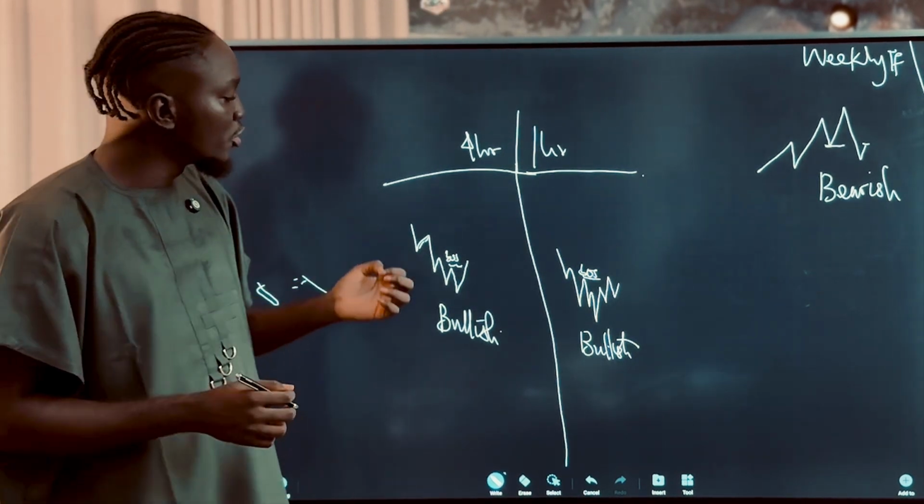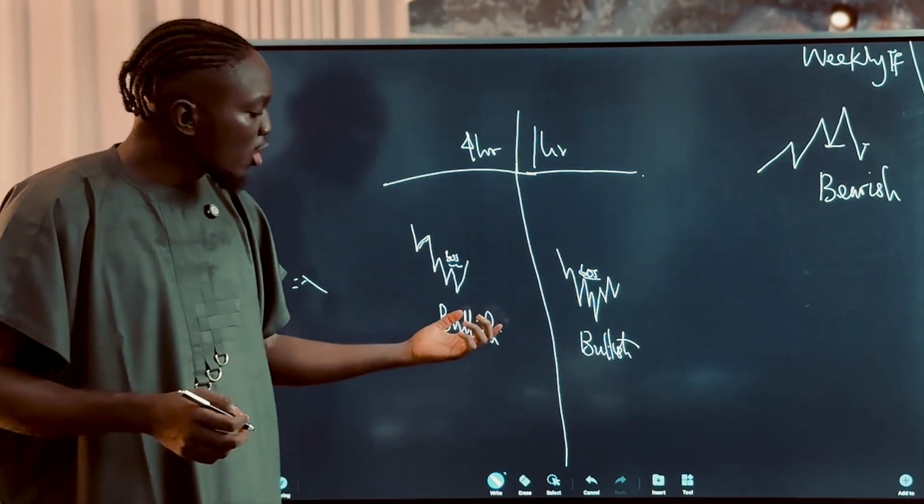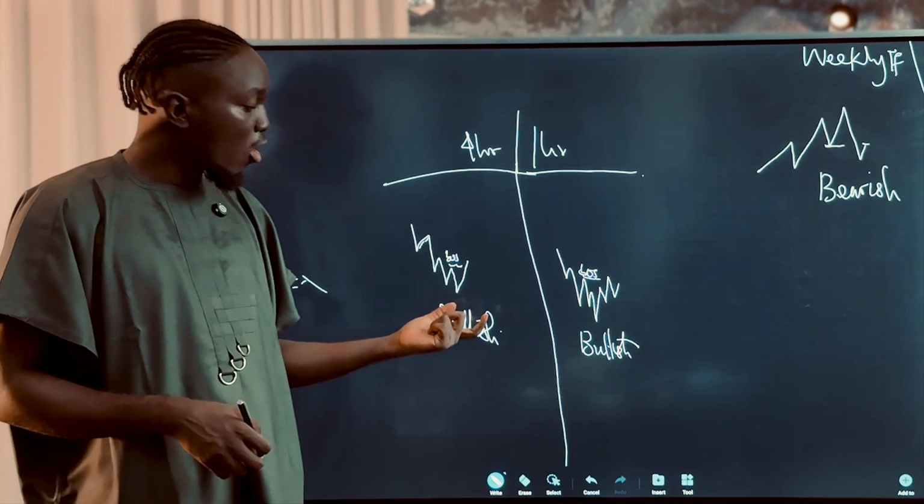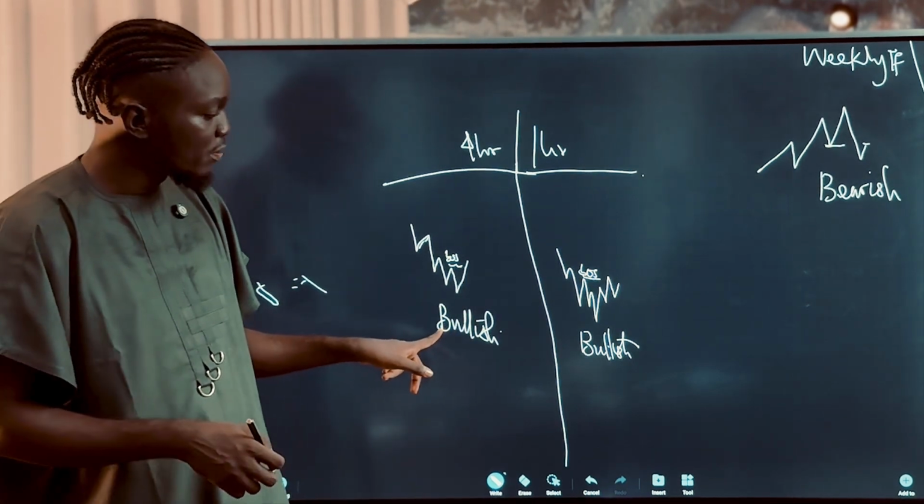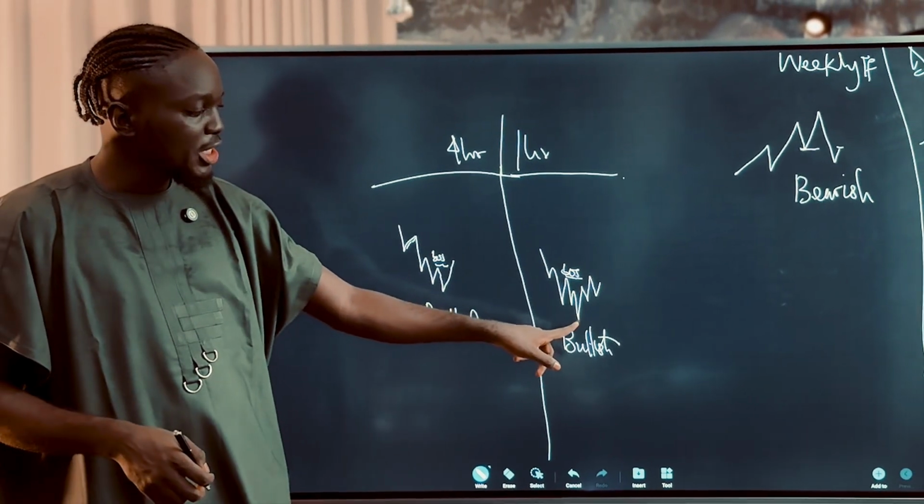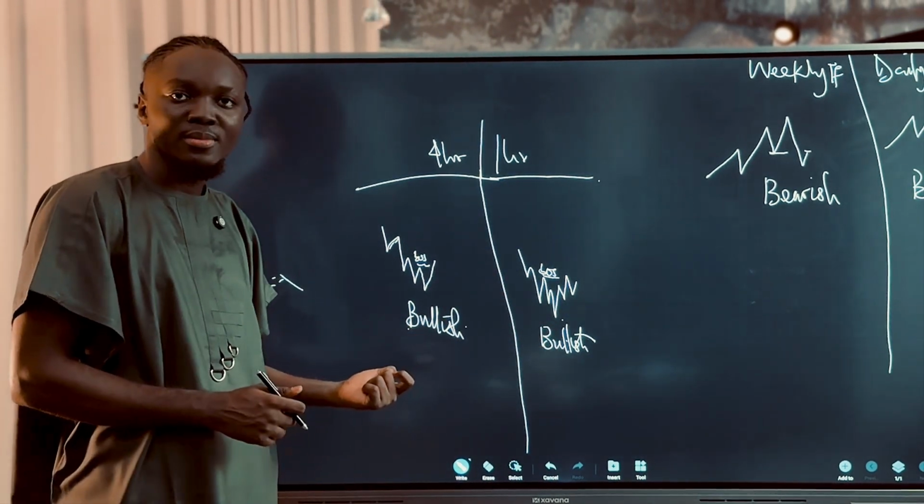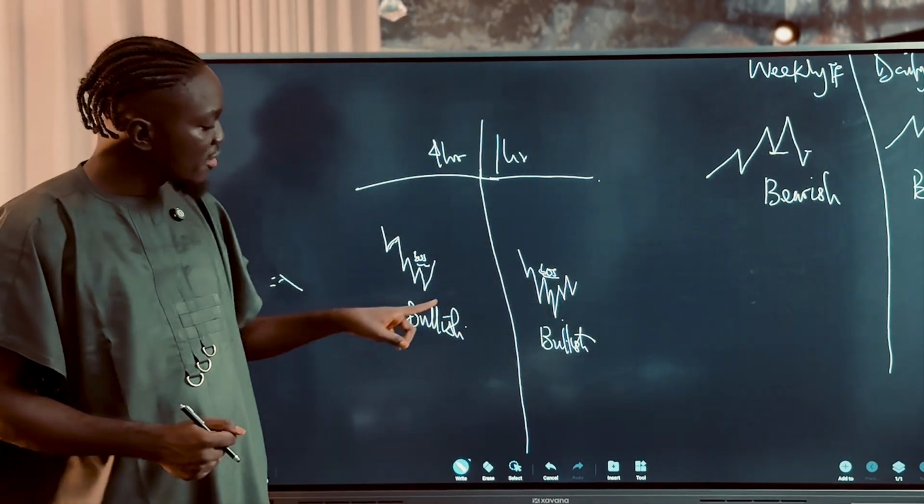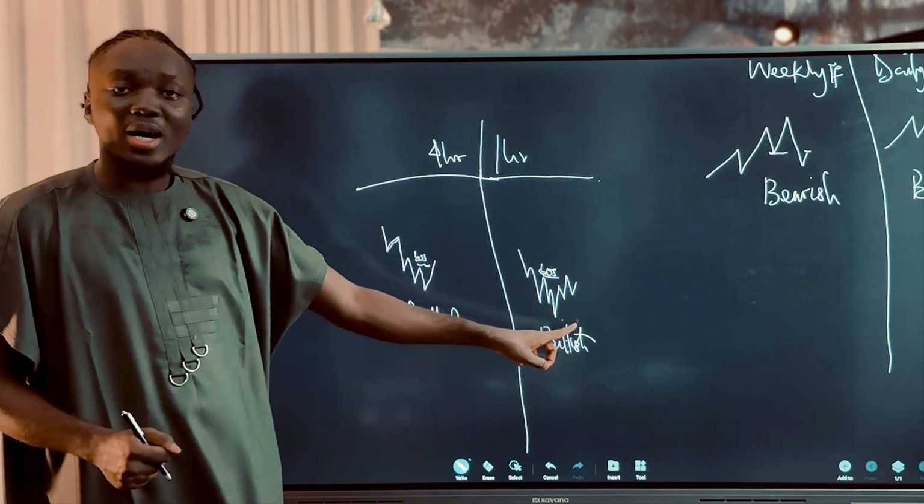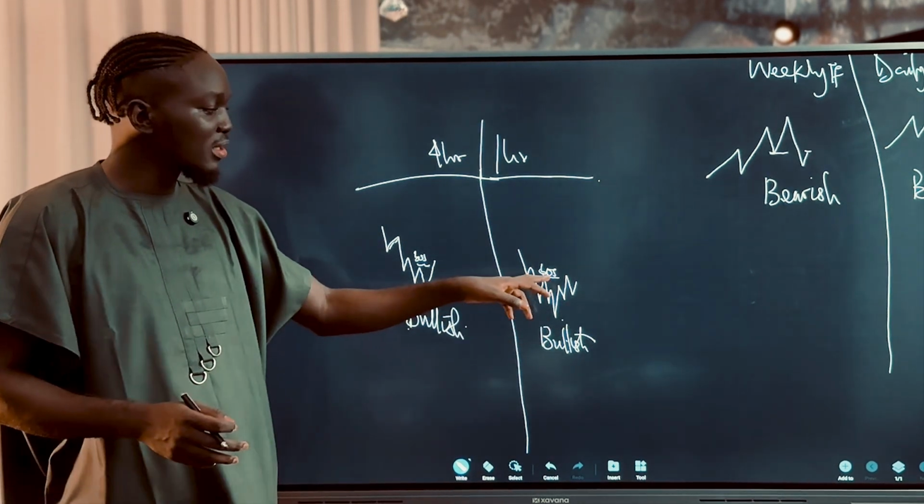So what you want to do now is that once you see that 1 hour is bullish or 4 hour is bullish, or even if 4 hour is bullish and 1 hour is not bullish yet, you want to wait for 1 hour to be bullish. You want to wait for them to align. All right. Once they align, if 4 hour is bullish and 1 hour is now also bullish by virtue of break of structure,